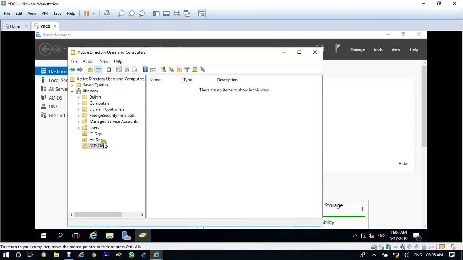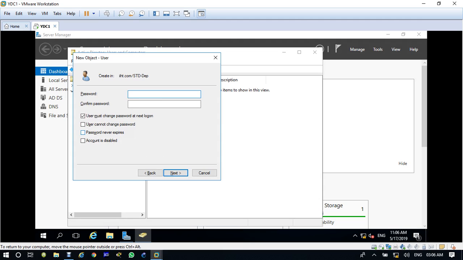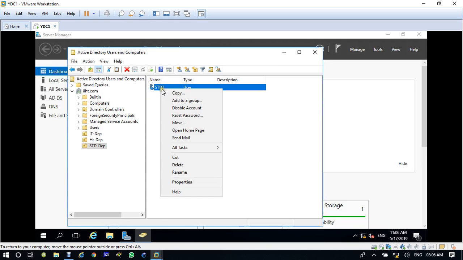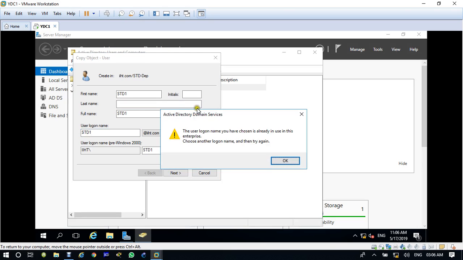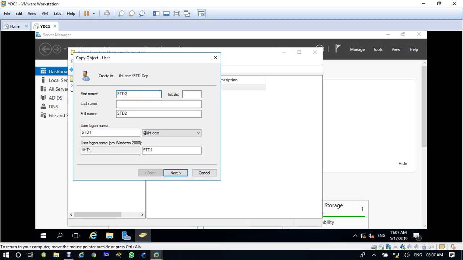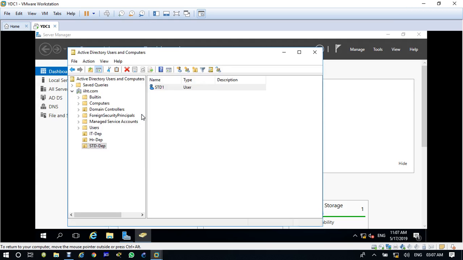Students also you can create, student 1, student 2.